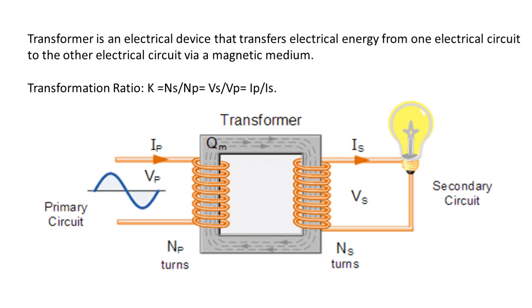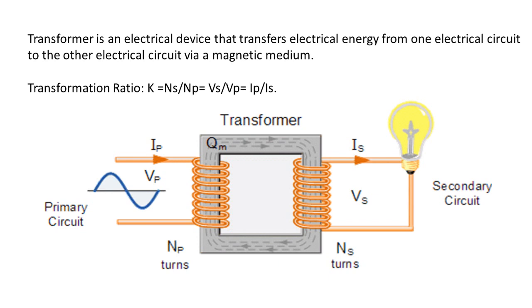So if we want to increase the voltage, we have to decrease the current. And if we want to decrease the voltage, we have to increase the current, which depends on the number of turns. So if we want to step up voltage, the current will decrease and the number of turns we have to increase. If we want step down voltage, then we have to decrease the number of turns in the secondary and the current will flow higher in the secondary side. So we have this inverse relation of current with transformation ratio K.